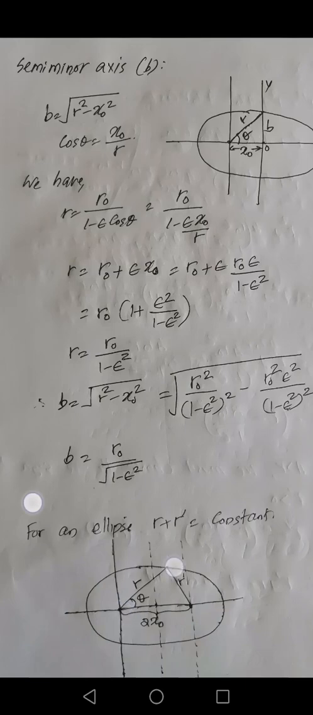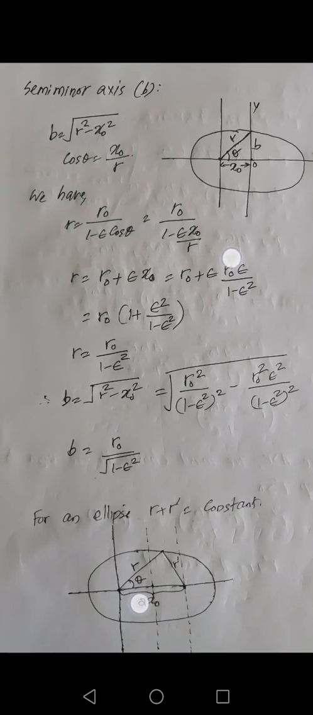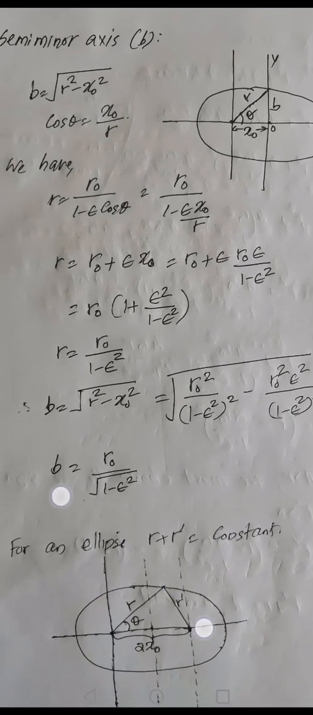If you have a construction like this, one r from the other focus r prime, then you will get r plus r prime will be a constant for an ellipse. Okay, so if you draw from here to here and here to the other foci, that distance will be a constant. It's a very important property of an ellipse. That is fundamental property of an ellipse. We can prove it. For that, here we can use this triangle